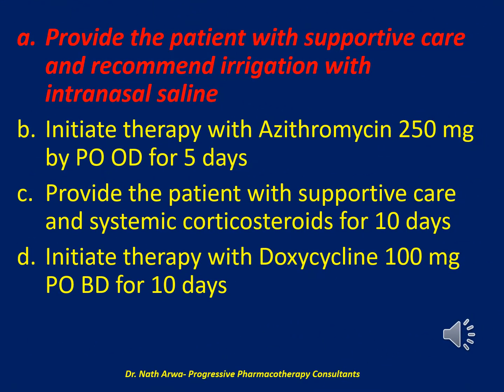And the correct answer is A. Provide the patient with supportive care and recommend irrigation with intranasal saline. This patient displays features of chronic rhinosinusitis based on the duration of symptoms exceeding 12 weeks, presence of nasal congestion,